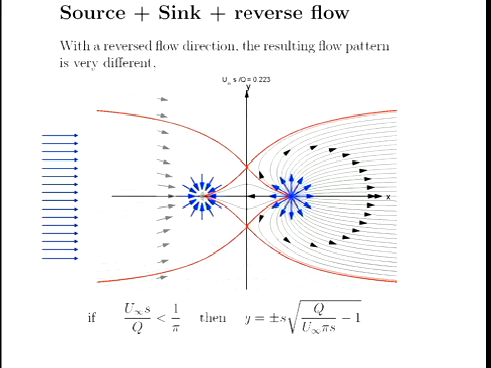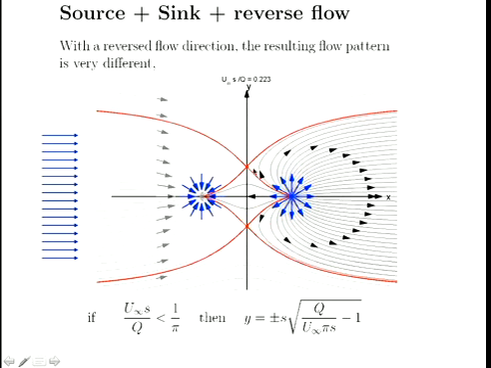So you get this very complicated flow, but if you analyze it in exactly the way that we've shown you to analyze those half and full Rankine bodies, you should be able to find where those stagnation points occur within this flow. And what you'll find is that the flow topology is completely dependent on this ratio, u infinity S on Q. If it's small, or to be precise, if it's less than 1 on pi, you're going to get